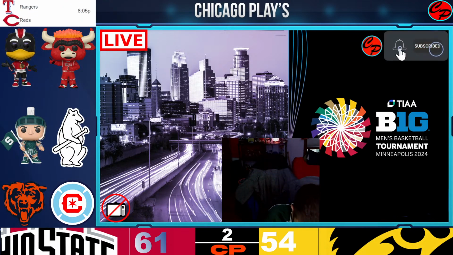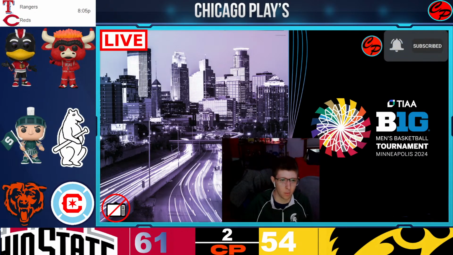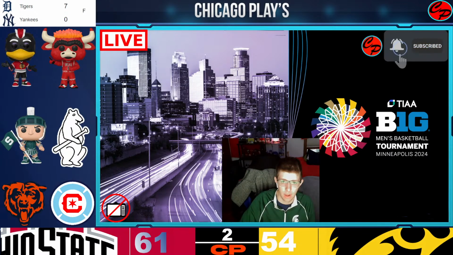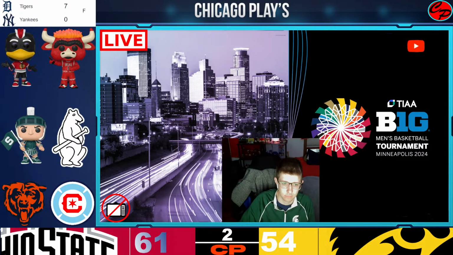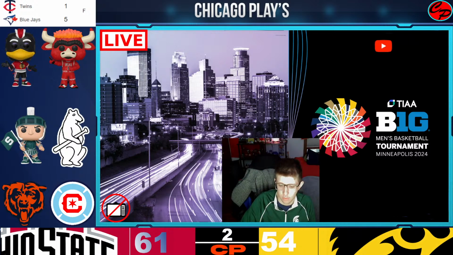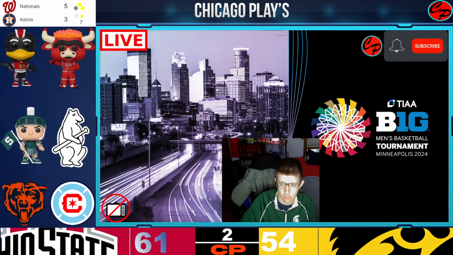Let me first get this logo in for the Bulls game. I gotta go watch for it. I'm still pissed off that Loyola lost. They were up big, and then they dwindled it down, and they lost. I wanted them to make the tournament. They might have won a game, but they're going to make the NIT or the CBI, or they don't make any of those tournaments. I'm pissed that